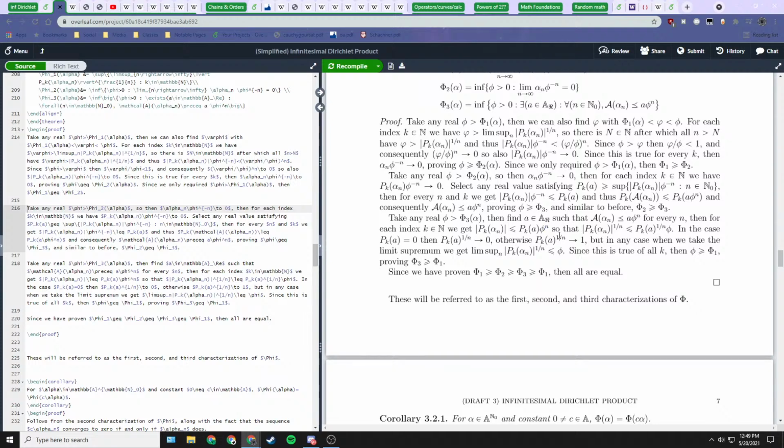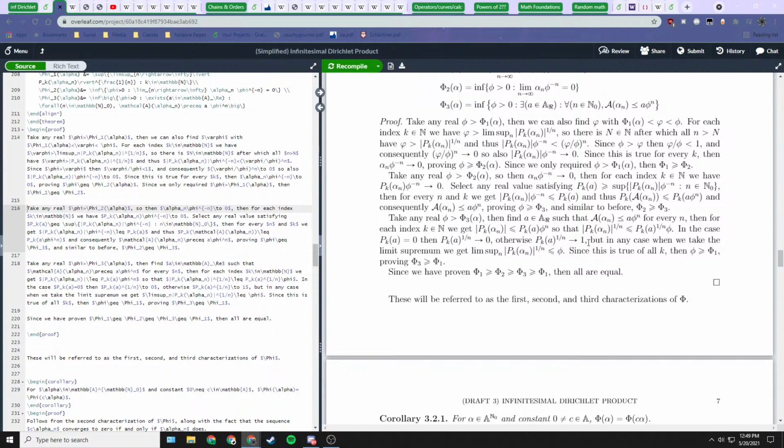So we take the nth root and we get this absolute value of this projection. If we raise this to the power of 1 over n, this is less than or equal to p sub k of a to the power of 1 over n, and then times phi. In the case p sub k of a is 0, then all of these roots are just 0 constantly, so this one would go to 0. Otherwise, if this is not 0, this is just a standard limit of real numbers, this would go to